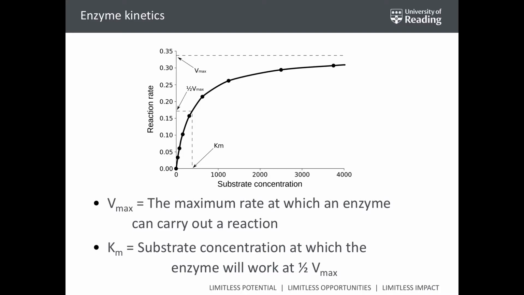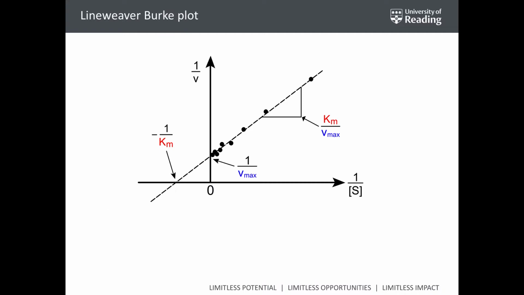With lactase, what we can do is we can measure the production of orthonitrophenol, which has this particular yellow color, so we can actually measure this in a colorimetric fashion, and we're then able to calculate the Km and the Vmax. This is most easily done by actually plotting the data in a slightly different way, plotting it on a Lineweaver-Burk plot. What this does is it takes a reciprocal of the velocity and substrate concentration and plots those, and what you get is a linear presentation of the